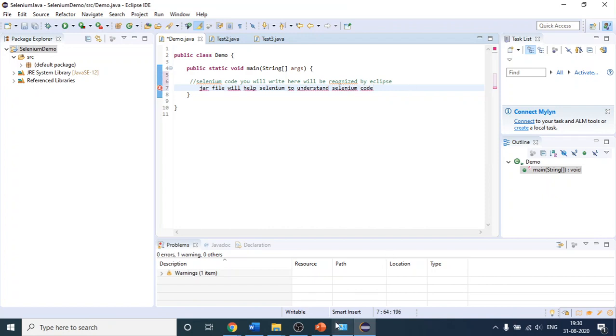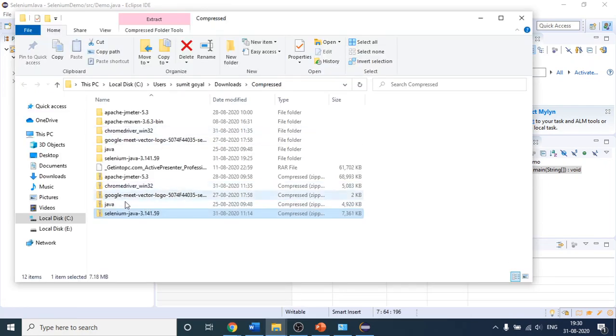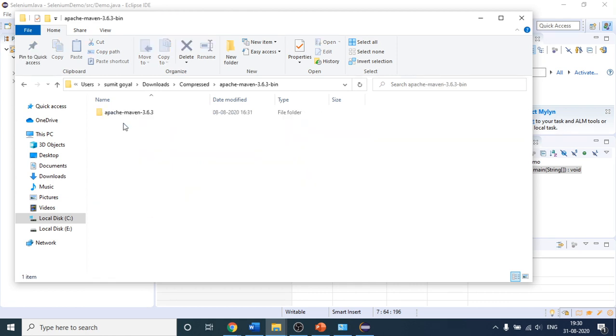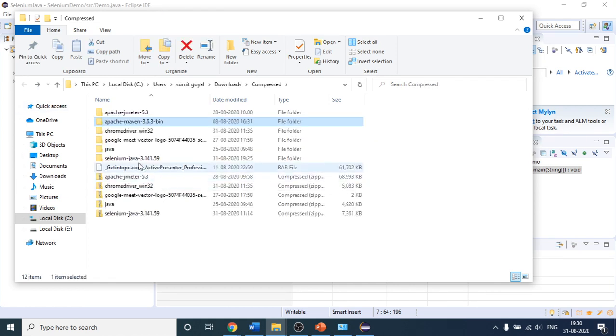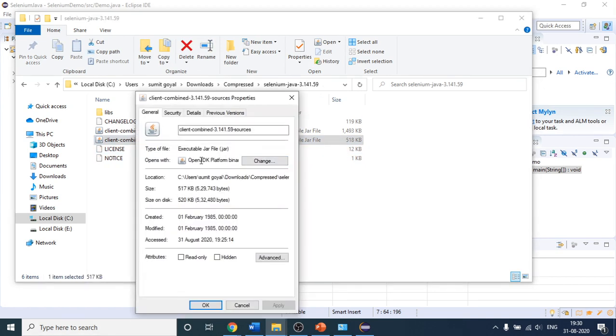You can see, I will not be able to open the jar. You cannot open it. Let me do this. I think it is here. Okay, it is not here. It is here. Okay, you can see what it is doing. This is just like when you install Java on your PC, Eclipse will recognize your Java code. If you do not have Java, then how will it recognize that, right?